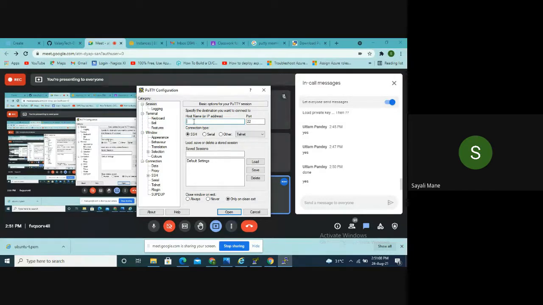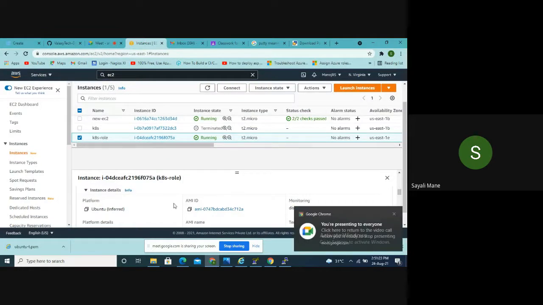Yes. Okay. Now what you have to do is the IP address. See, now these are the two things. First one, putty configuration, why we use it: to access the Unix or the Linux machine. Now our Linux or Unix machine is on AWS.